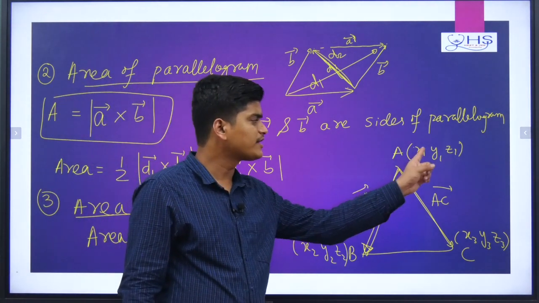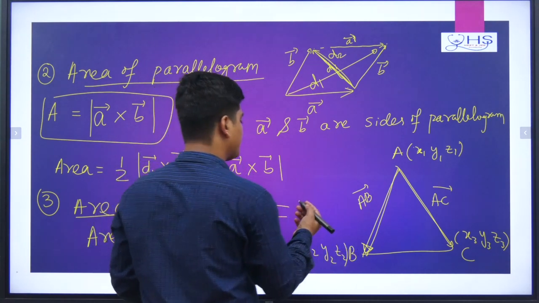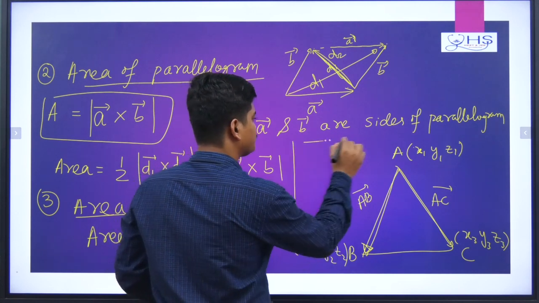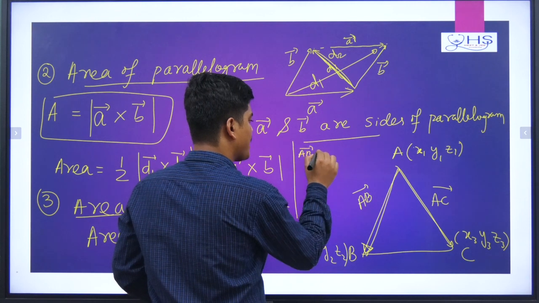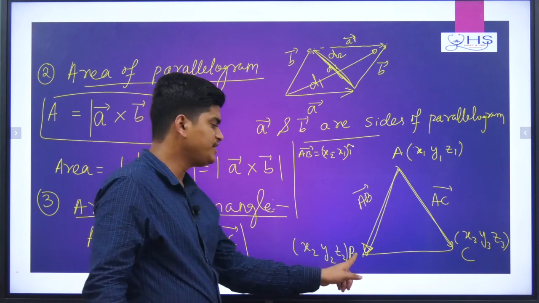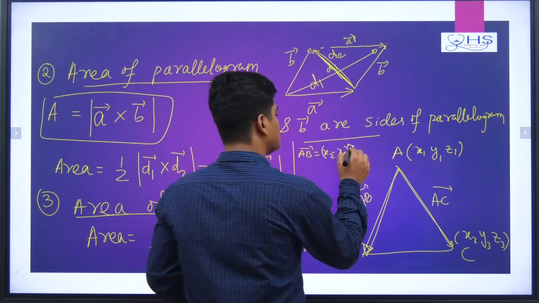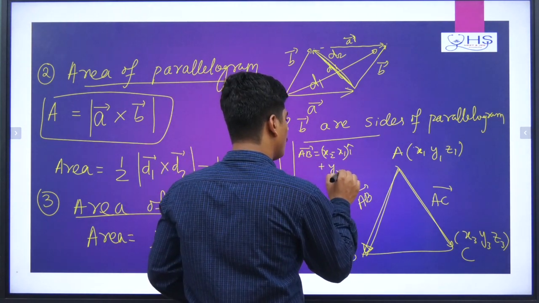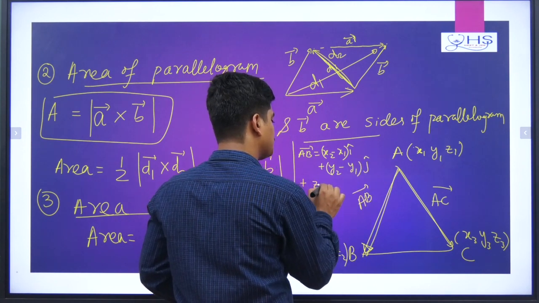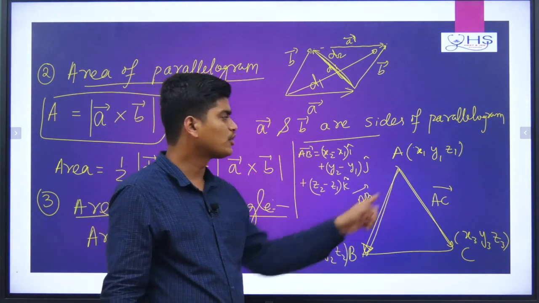And here A is given as x1, y1, z1, and B is given as x2, y2, z2. Then how to find the AB vector? Now if you want to find the AB vector, you have to do what? Now I can write the AB vector here. My AB vector will be x2 minus x1 i cap, because B is the head and A is the tail. So first I have head minus tail into i cap. Similarly plus y2 minus y1 j cap. Similarly plus z2 minus z1 k cap. So if you want to find the AB vector, I have to write it this way.